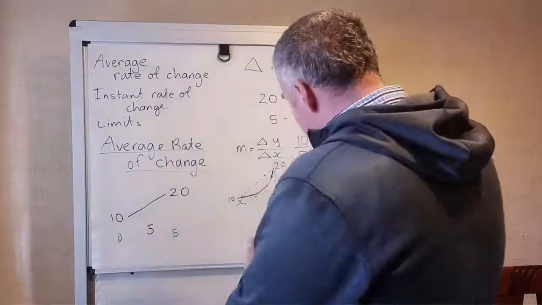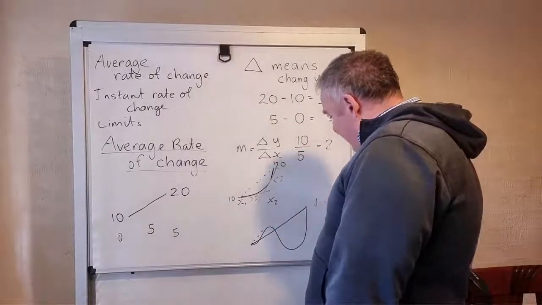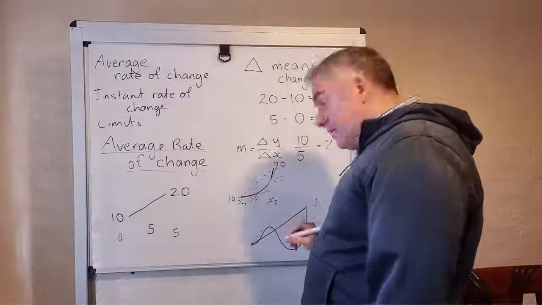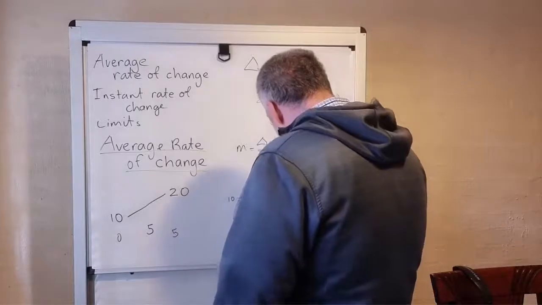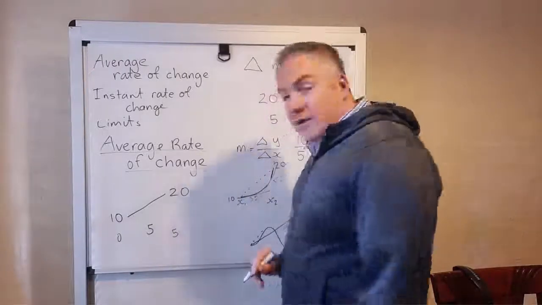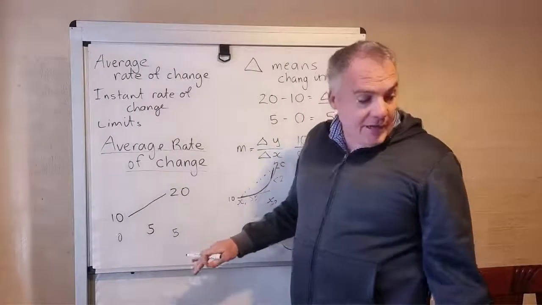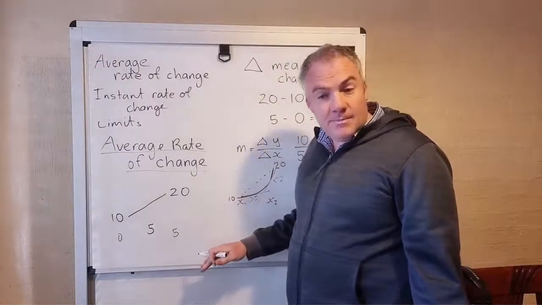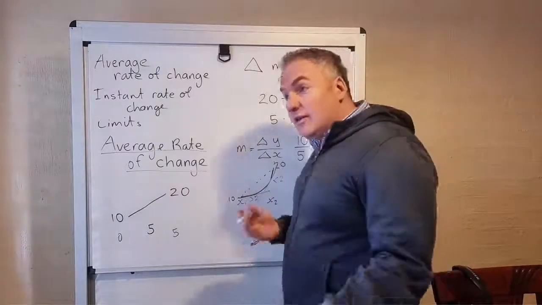Here, when it's going down, you'll find that the average rate of change is negative. And here, when it's going up very fast, you'll find the average rate of change is positive. Okay, but the two cancel out and give you the same average rate of change. Okay, the only place where the straight line doesn't work